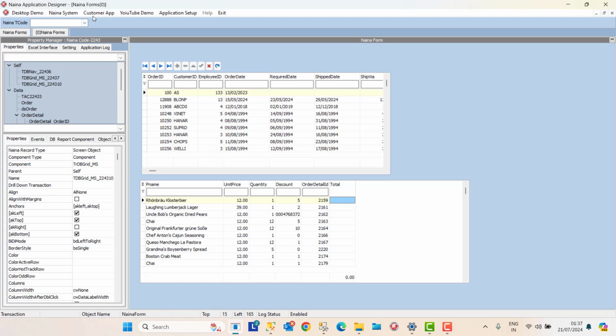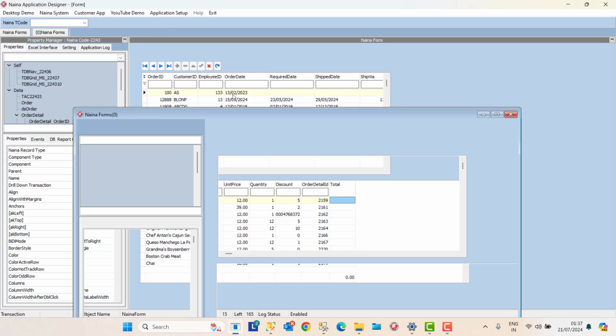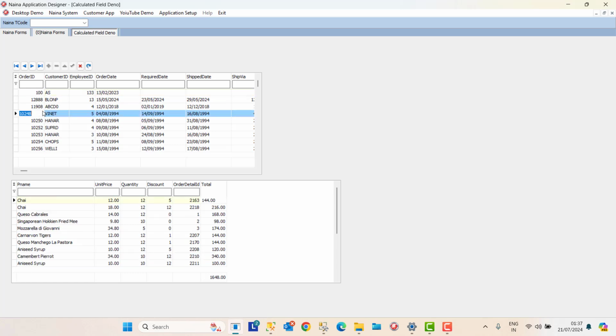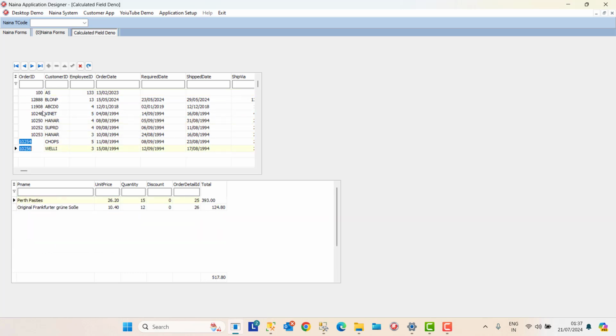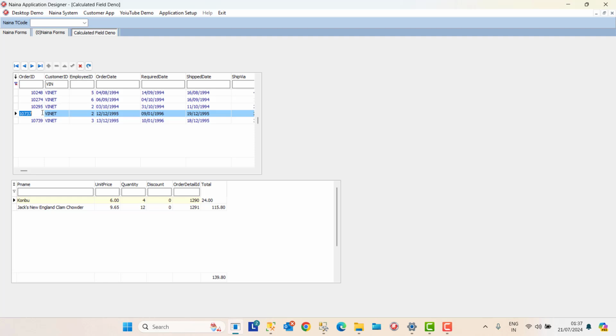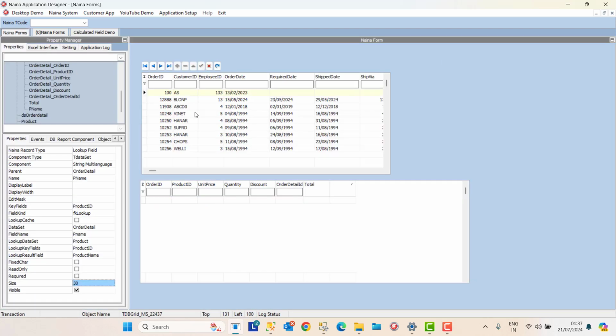Okay, in design time it sometimes will not show, because the event is not fired. So you can see here the calculation is being done. If you want to see the total order calculation also, like the count,